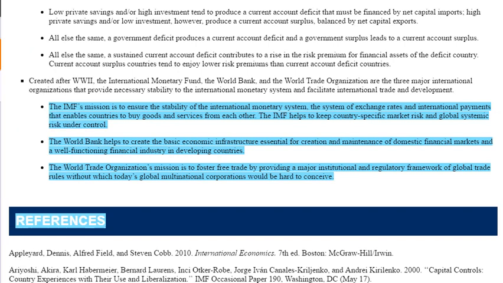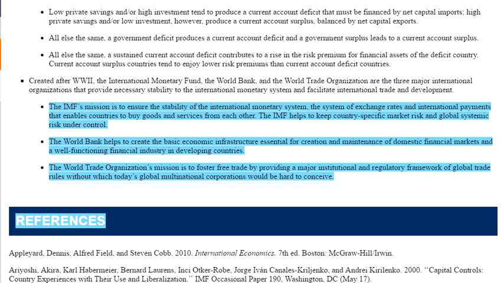Okay, just a quick screenshot of the ebook. So you can see I've highlighted here in blue that in the summary to the reading, they're talking about the IMF's mission. The World Bank helps to create economic infrastructure, and the WTO, World Trade Organization, mission is to foster free trade. And as I've always said, if you had all the chapter reading summaries memorized, you'd probably pass the exam, in fact, with being able to do a few calculations. The summaries to the readings are so important, okay? And, of course, the practice problems.